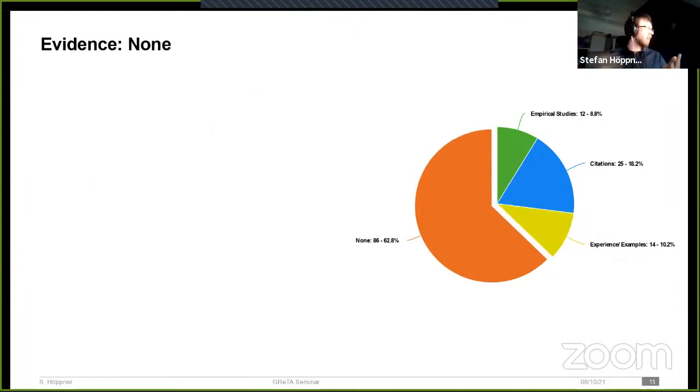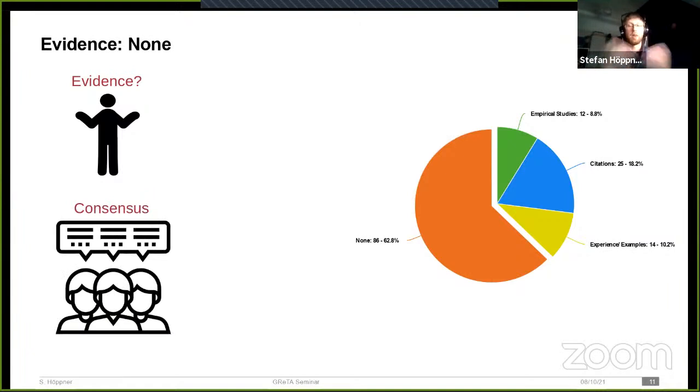Lastly, the evidence type, or the type of claims where no evidence was given. This is generally bad, right? Because if there's no evidence, it's easy to disagree, and it's hard to defend your position without any evidence. I've talked about the fact that this isn't always the case, since there might be a general consensus on what's generally accepted, like 1 + 1 = 2 in maths, for example.